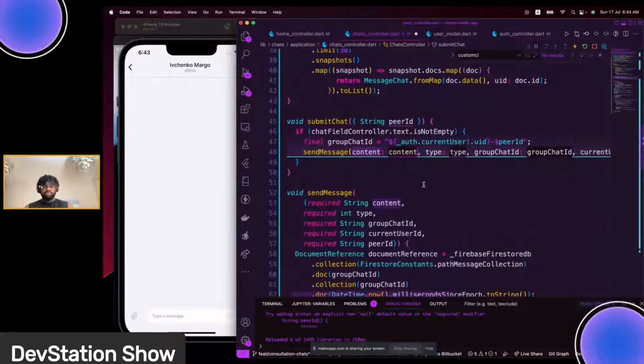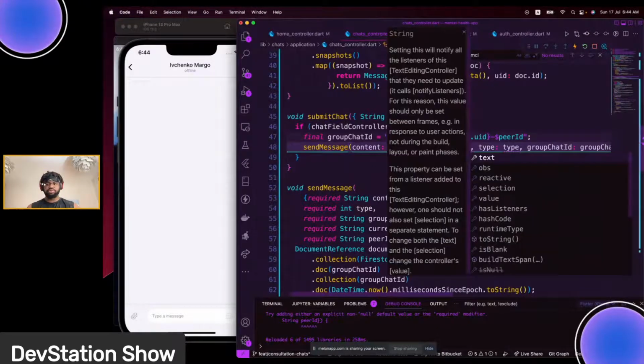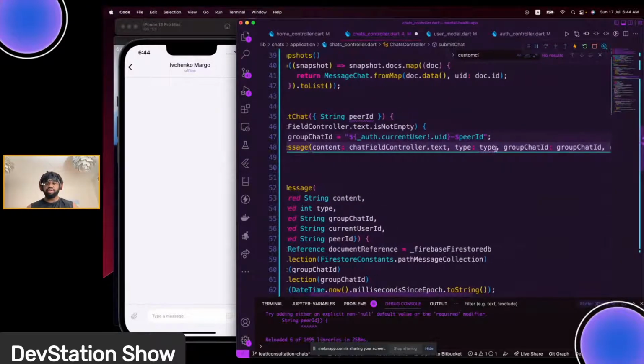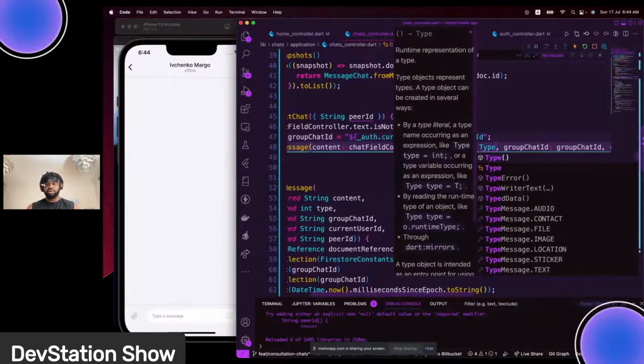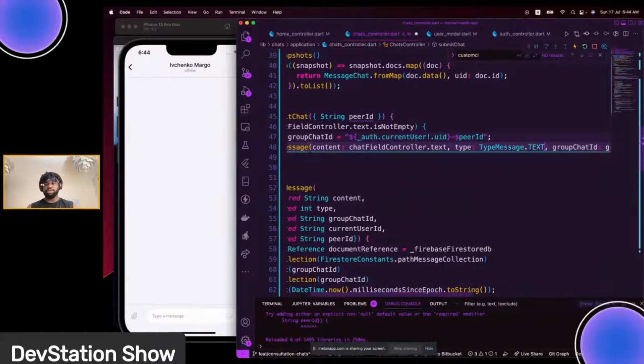So the content, which is the message content that we're going to send, is going to be chat from chat controller. And then copy this, paste it in there to be fast. Dot text, and then the type of message for now, we're going to get that from type message. So type message is going to be a text,